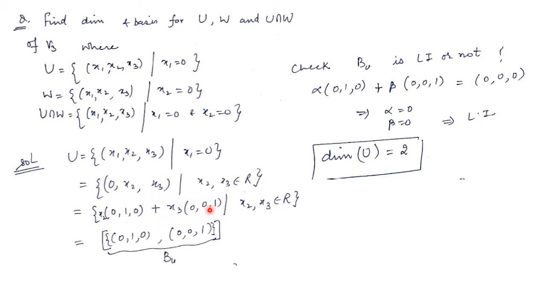Again, it is a linear combination of these two vectors. Check whether these vectors are LI or not. So we take the linear combination of these two equated to 0. We get alpha 0, beta 0, right? So therefore this set is LI. How many elements are there in this? It is 2. So the dimension is 2. Right? So the dimension of U is 2. The basis is this inner set B, not the span.